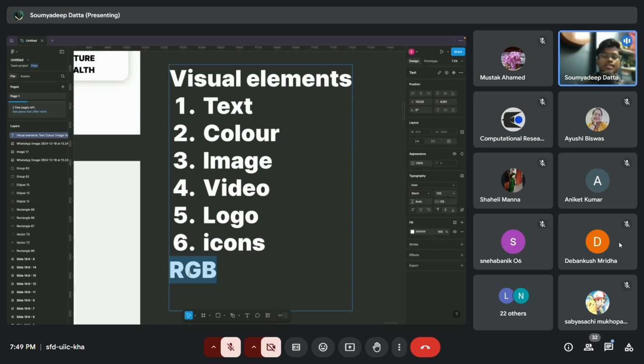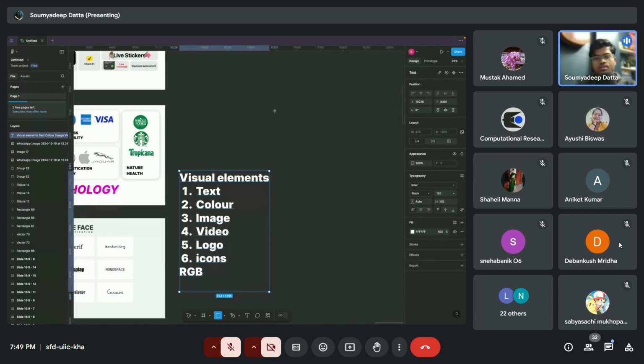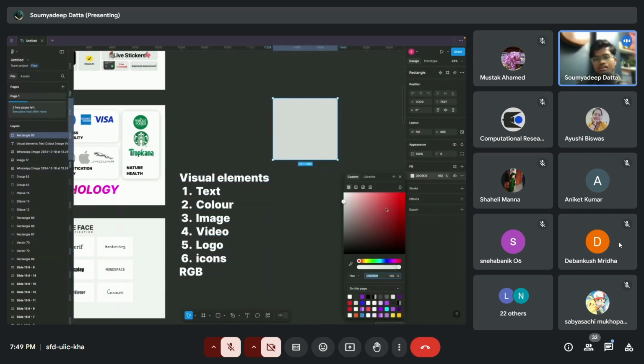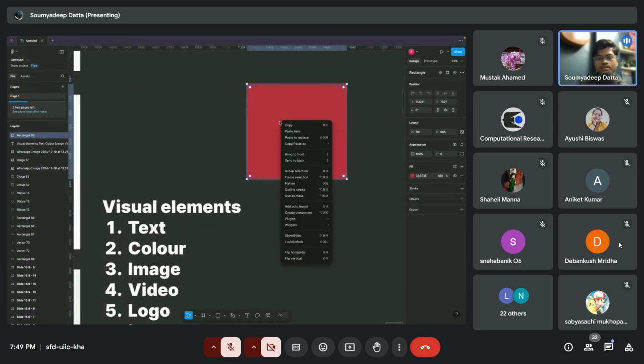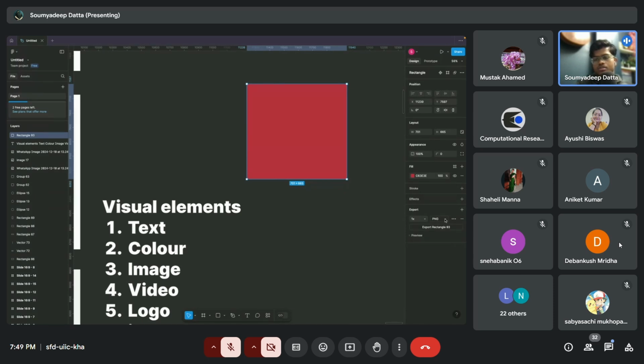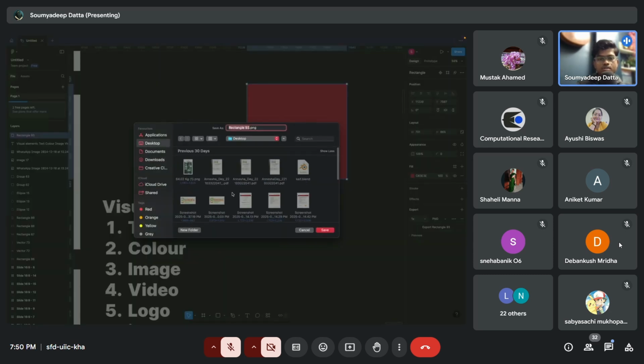So let's say I make a square here and give it a color, any color, and I want to save this square. I right click on it and go to export, and you will see there are different types of format for this square. We have the PNG format, JPEG format. All of these formats are a rasterized version of the image. So if I make it a PNG and export it to the desktop,